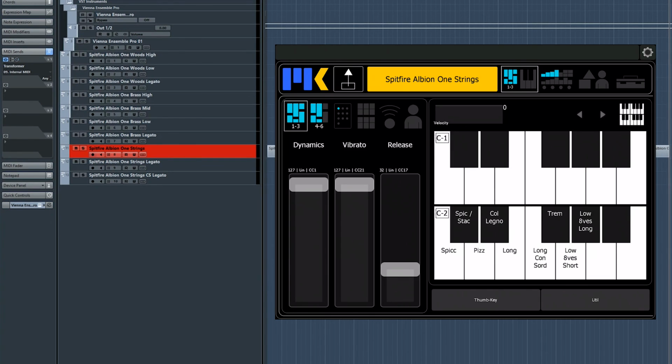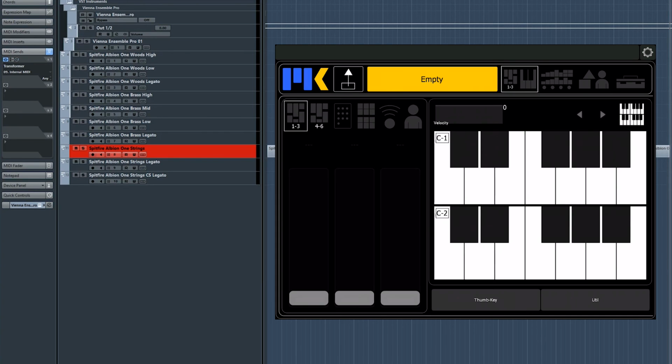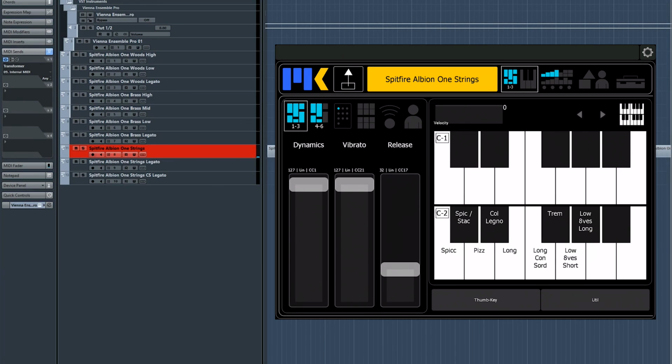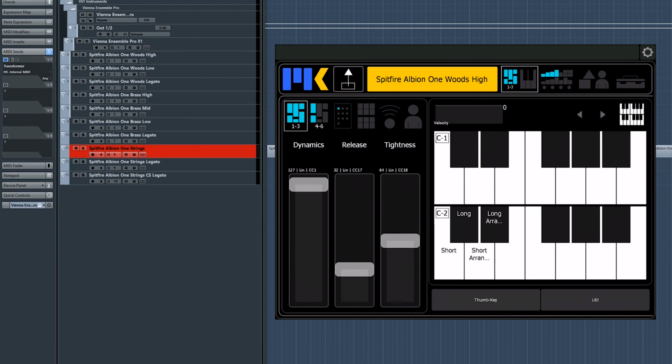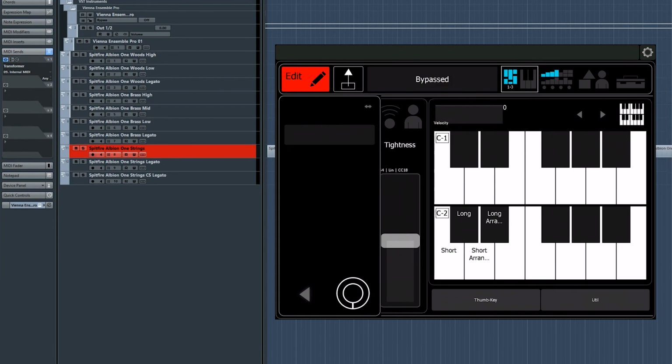All right, so let's give that a try. I'm going to go to a different track and hit recall. And there we go. All of our controls just pop up in front of us. Let's do the Woodwinds. In the directory, I'm going to go to edit the title bar,